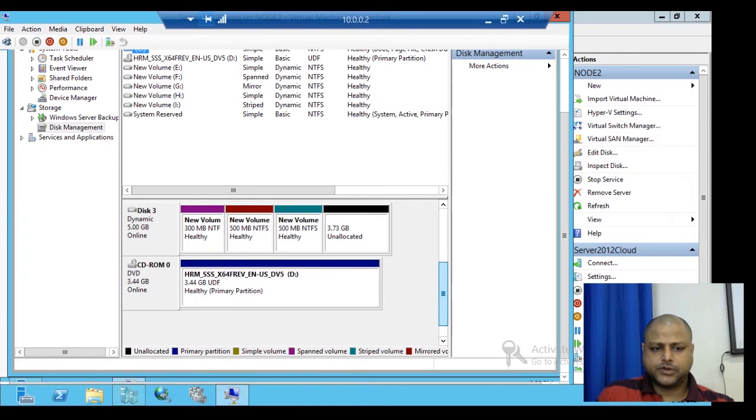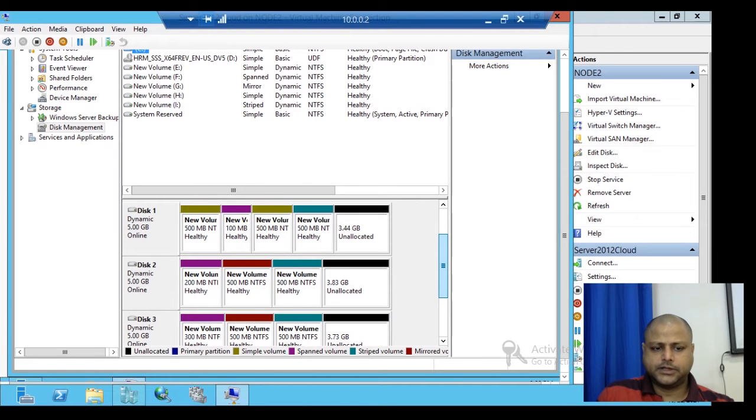There are a lot of configurations already done: a primary partition, a simple volume, a spanned volume and a striped volume. A mirror volume, that is RAID level 1 mirroring, has also been configured here.